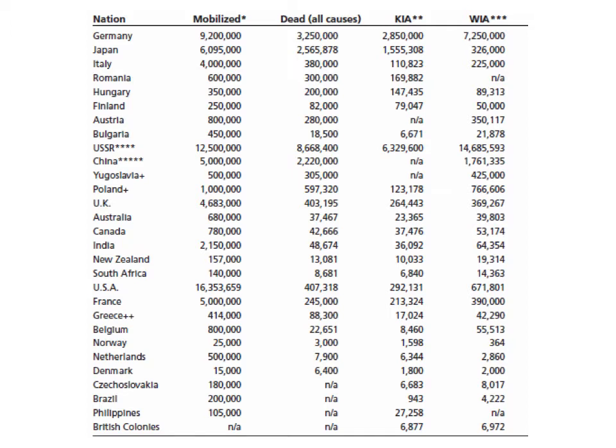So, of course, that's one of the major reasons why the Axis powers lost, is that they were simply outmanned. In addition, you can see the specific numbers when it comes to casualties of killed in action. Those are people who are actually killed in combat operations versus wounded in action. People who were wounded and then maybe later on went back to serve on the front lines.